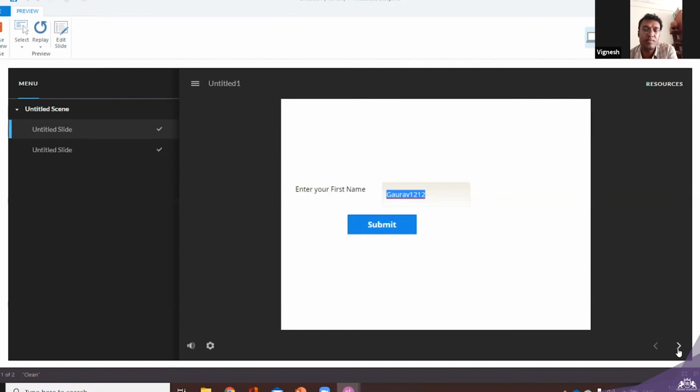Yeah. Gaurav, Sumaya, any question? Are you getting it? Not complete. Yeah, trying to get it. Okay, because I am not understanding. In the first case for page numbers, we used adjust variable. Then we chose jump to slide. So in what case, what option to choose, that is not clear.